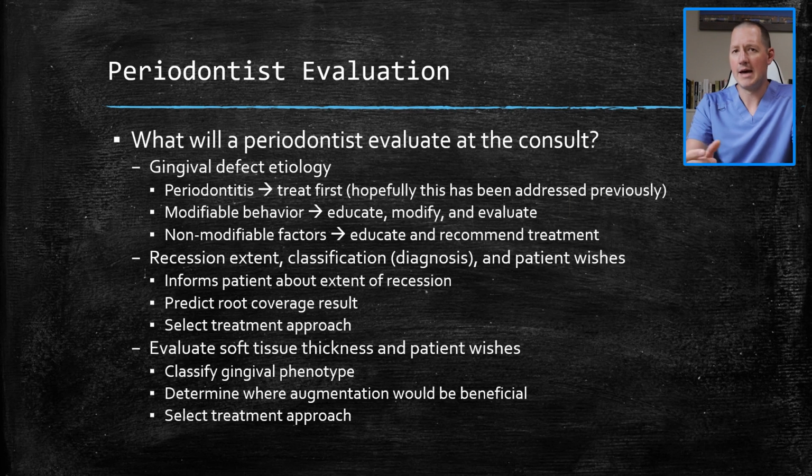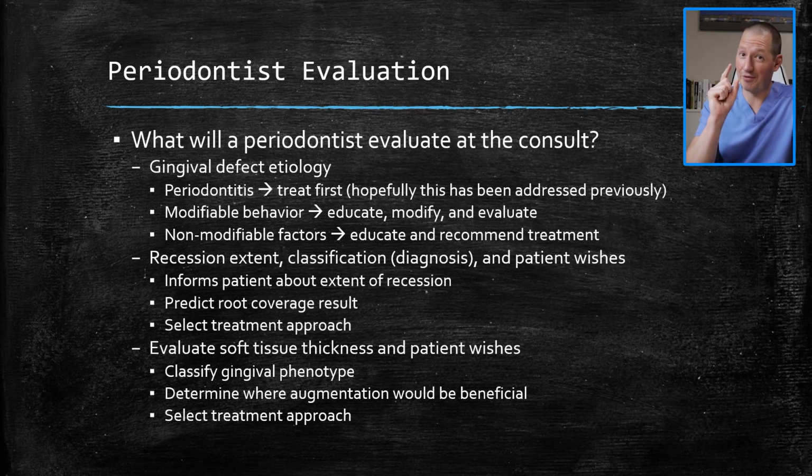So this is for something where maybe there's just a lack of KT, they're unable to keep this area clean, there's uncontrolled inflammation. I'm going to classify their gingival phenotype. Is it a thick phenotype or a thin phenotype? We have ways to do that. I'm going to determine where augmentation would be beneficial, right? I don't necessarily have to augment every area with a lack of KT, 2 millimeters or less, but there might